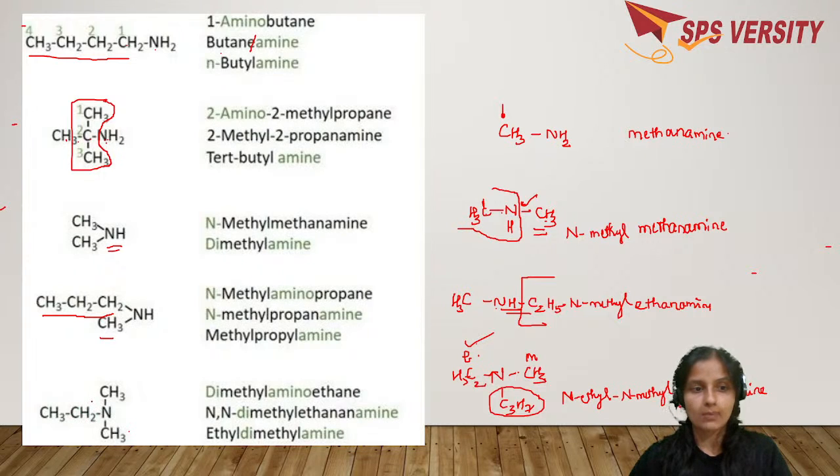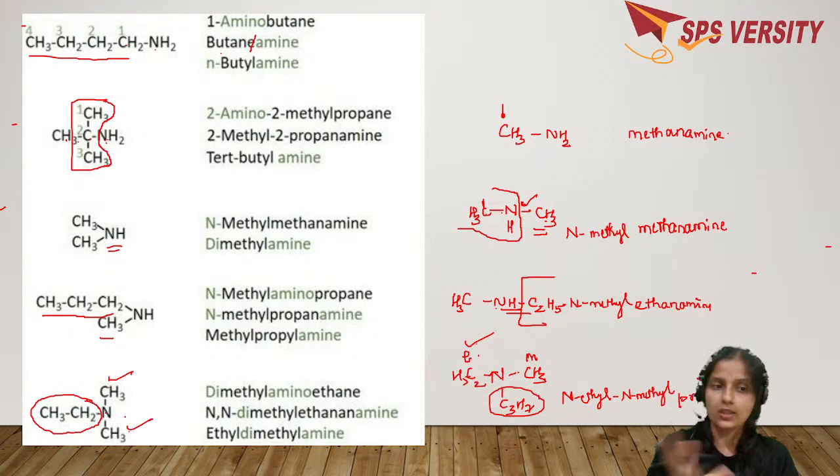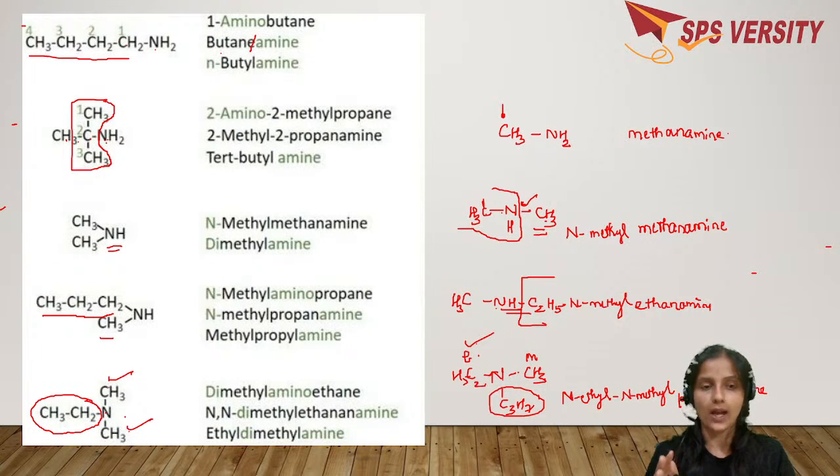Or if you take this example, this is the longest chain, which is ethanamine, and 2 methyl groups are attached. So it is N, N. You have to mention the position always, since it is attached to N. So N,N-dimethyl methanamine. This is how you name the primary, secondary, and tertiary